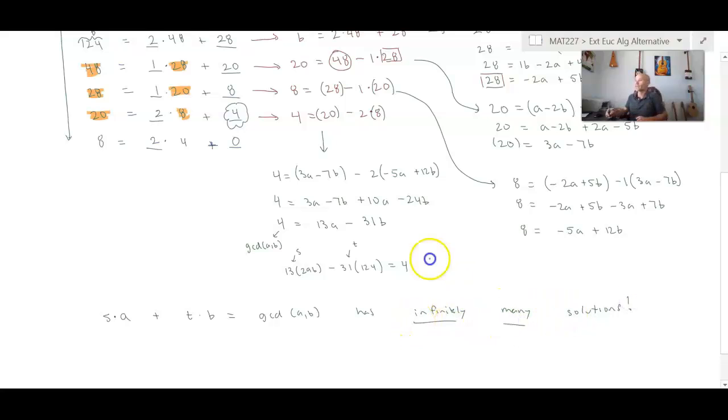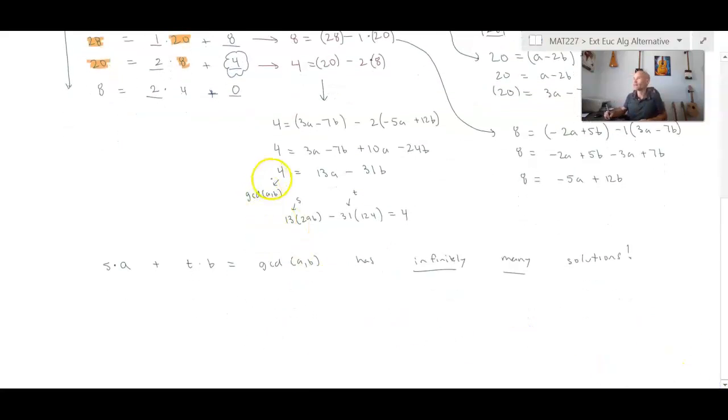Well, all we're saying is that 13 and negative 31 are kind of the first two values that will do this. I mean, 13 is the smallest possible integer for s that we can have. Now we can certainly make them bigger or invert their signs. Here's how. So let me just point out in our equation